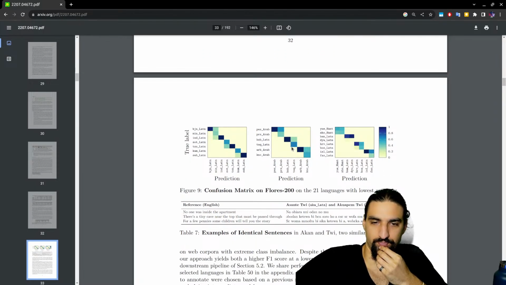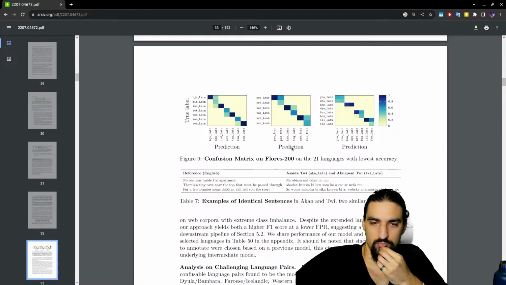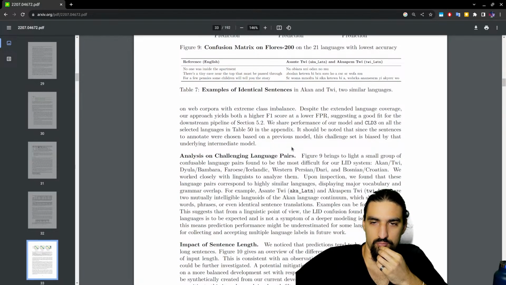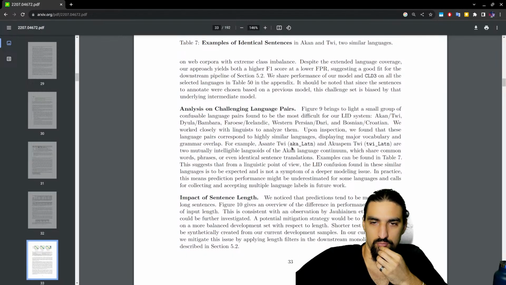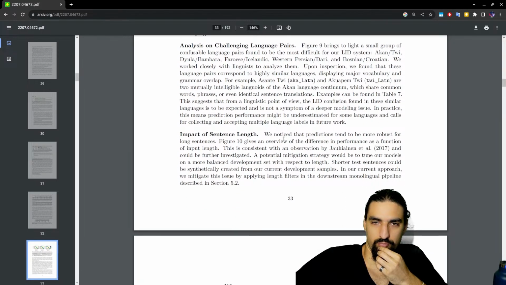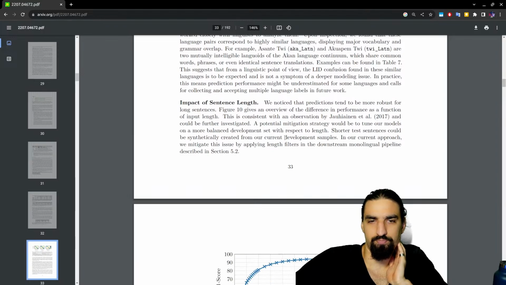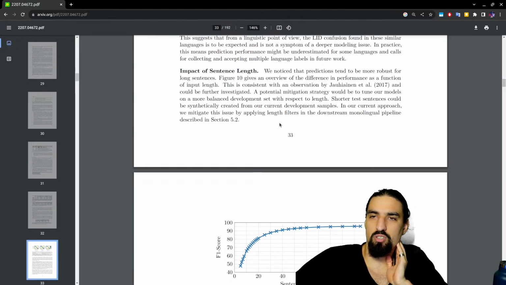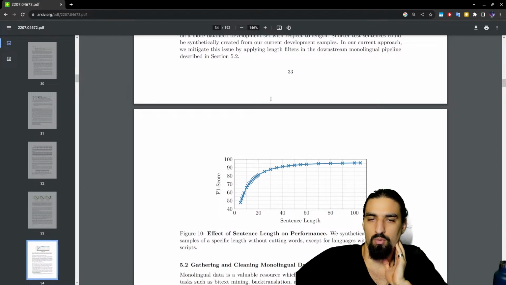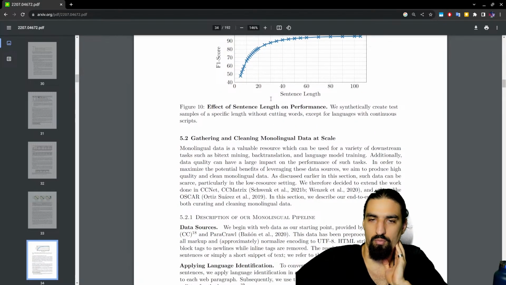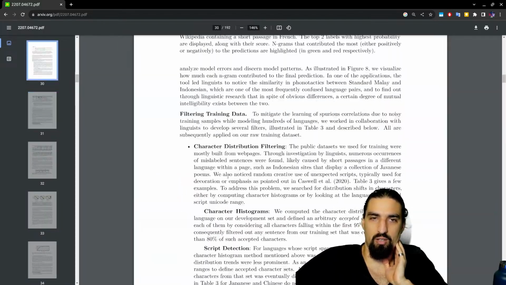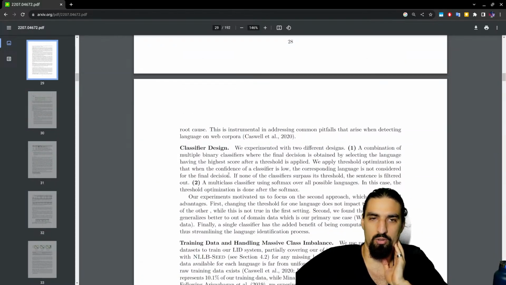We notice that predictions tend to be more robust for long sentences. Okay, that was just LID, section 5.1,